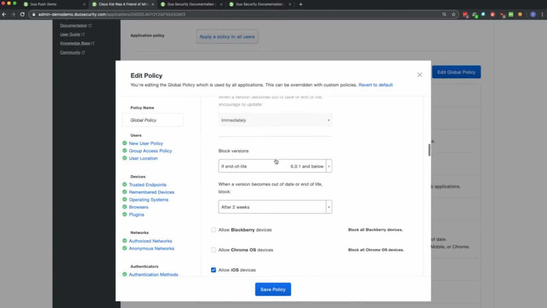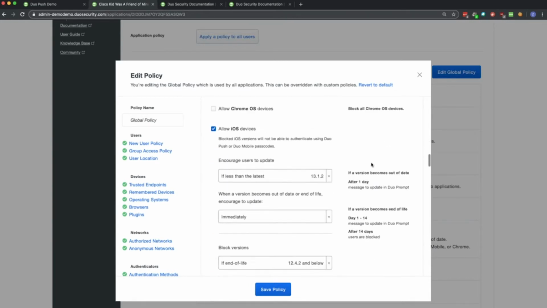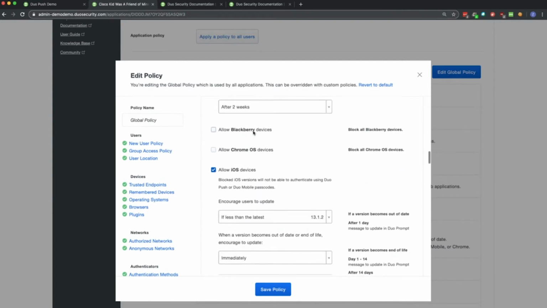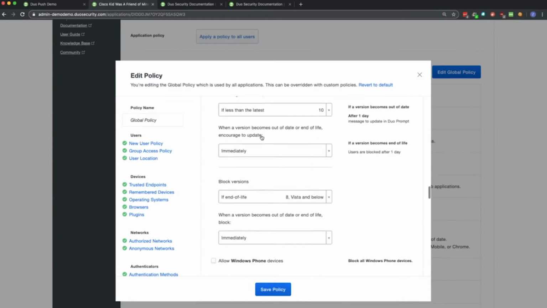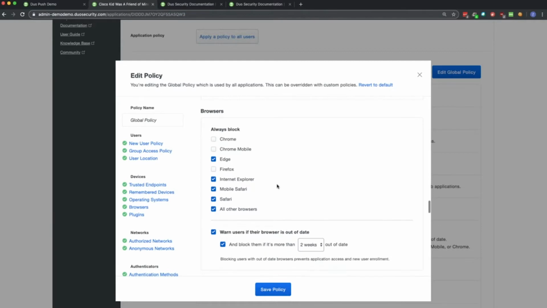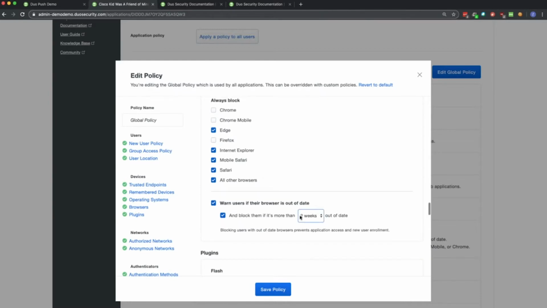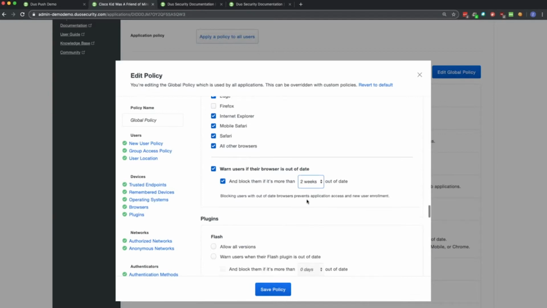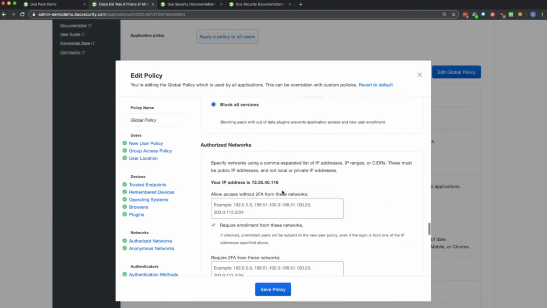You can also choose whether you want to just warn your users or actually block them and how long of a grace period they have to do that update. Along with these version and update prompts, you can allow or block entire OSs, OS categories, as well as browsers to allow or deny access to specific data or specific resources from browsers that you have as preferred or want to exclude, as well as prompting or blocking users for an out-of-date browser. You can, as mentioned, make sure the plugins are up to date or block them.